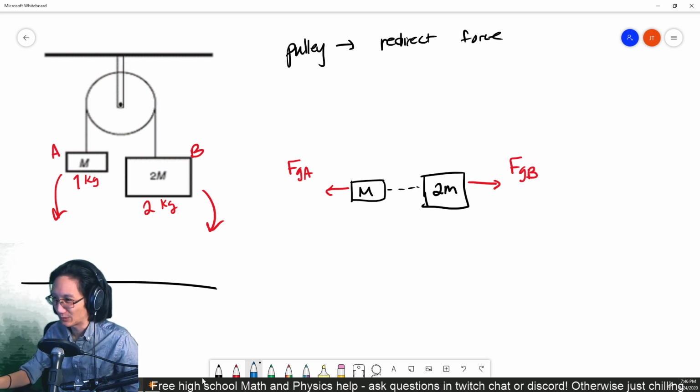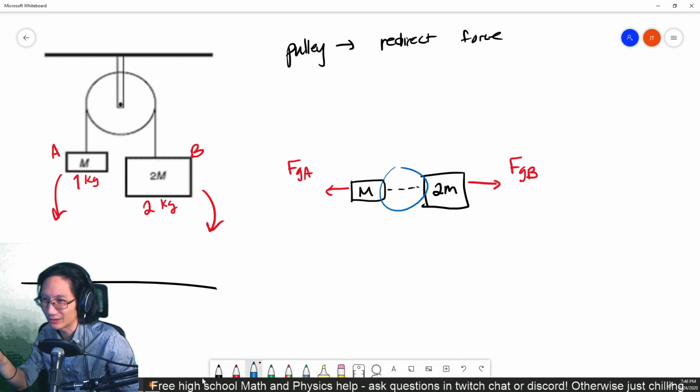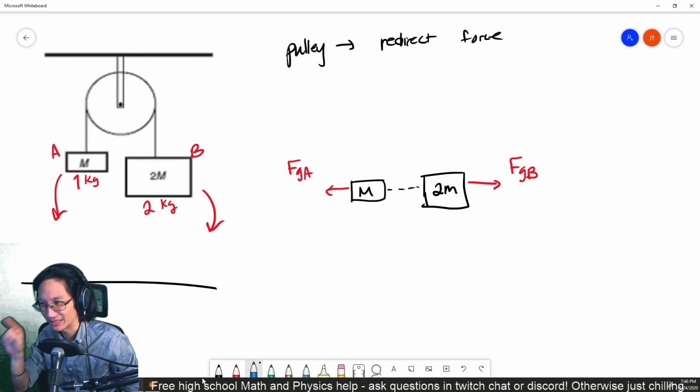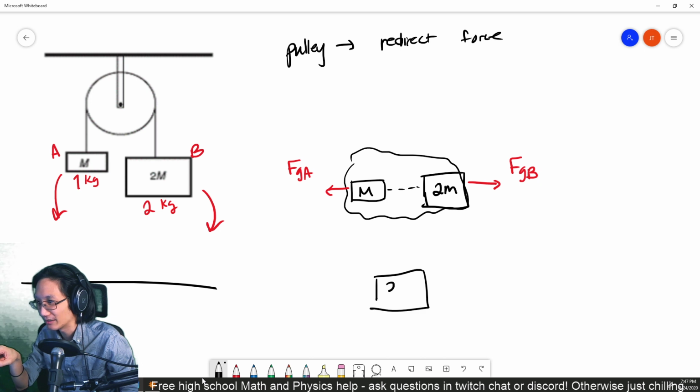So why do all of those atoms together get to be called one object just because they're bonded together or something, right? Well, the rope technically bonds these two things together, right? So there's no reason why we can't think about this with the rope in the middle. If we don't care about the tension and all we care about is the motion of the objects, we can treat this problem, the picture that I've just drawn here, as if you just sort of cover these things with a black plastic trash bag, right? It's exactly equivalent to this problem,